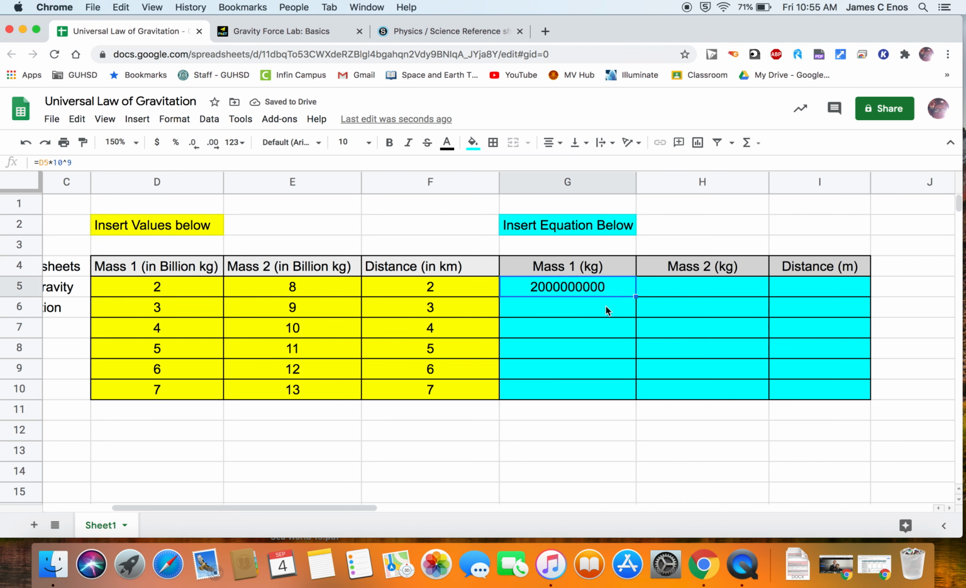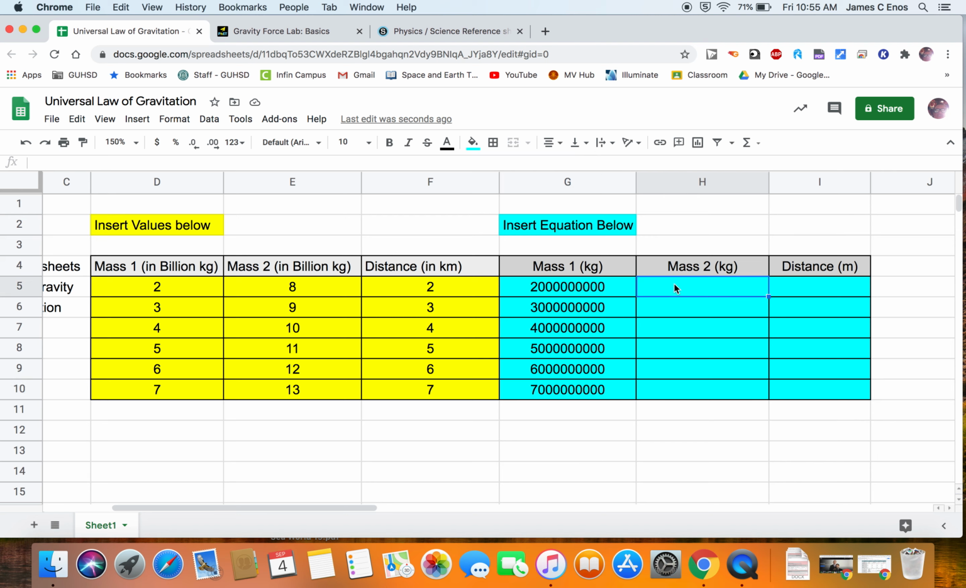And if I want to do that for the cells below, I don't want to type it all. I want to just do it once and have the calculation do it for me. So I hover my cursor over this bottom right-hand corner, where I can then drag down to all the cells, and now I have mass 1 showing 2 billion, 3 billion, 4 billion, 5, 6, and 7 billion